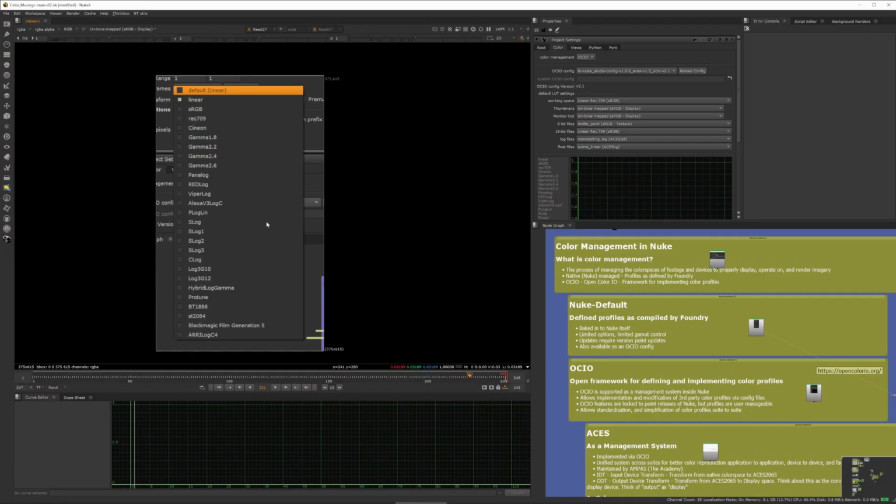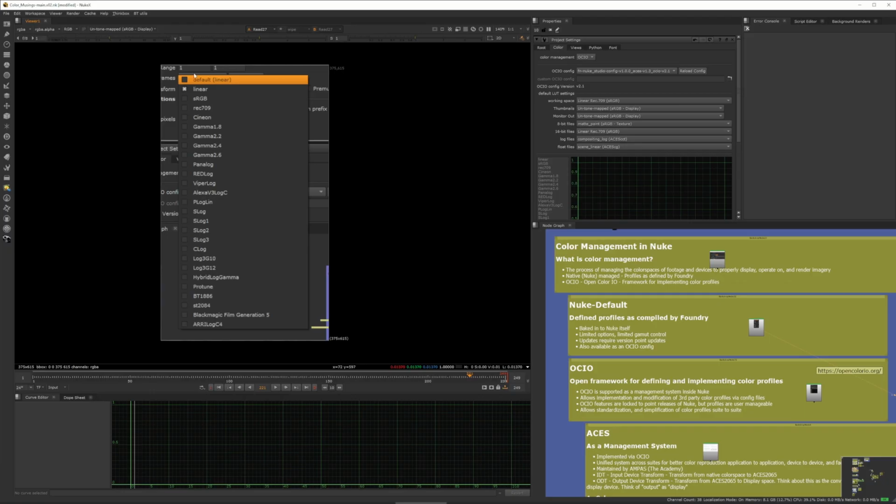If you're working in a Nuke Default space and you're using modern wide gamuts, you might not actually have options to manage those appropriately. Also worth noting that the Nuke Default system is available as an OCIO config. Here's a quick view of your standard color spaces and transfer functions inside of Nuke. And if we actually look in a color space node,